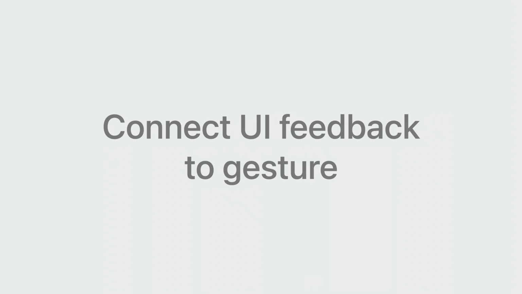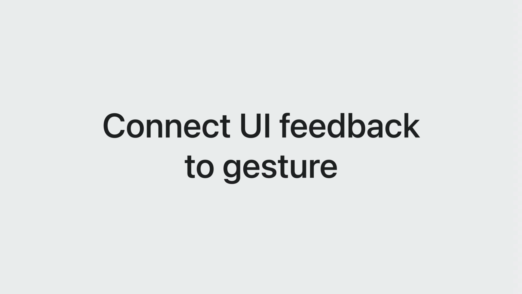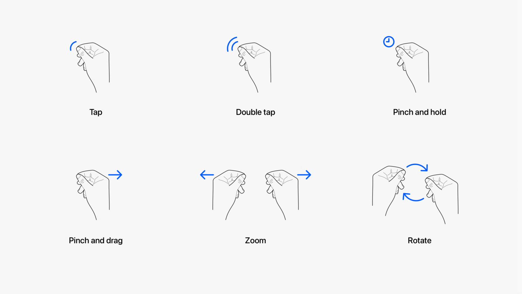Notice how in all these cases, UI feedback continues the motion of the hand, which really helps it feel connected to the gesture. The gestures work the same way across the system, and follow logic similar to multi-touch gestures. This means that people can really focus on the experience instead of having to think about how to perform the interaction. This is why you should lean on these familiar patterns when designing your experience, and make sure to respond to gestures in a way that matches people's expectations.